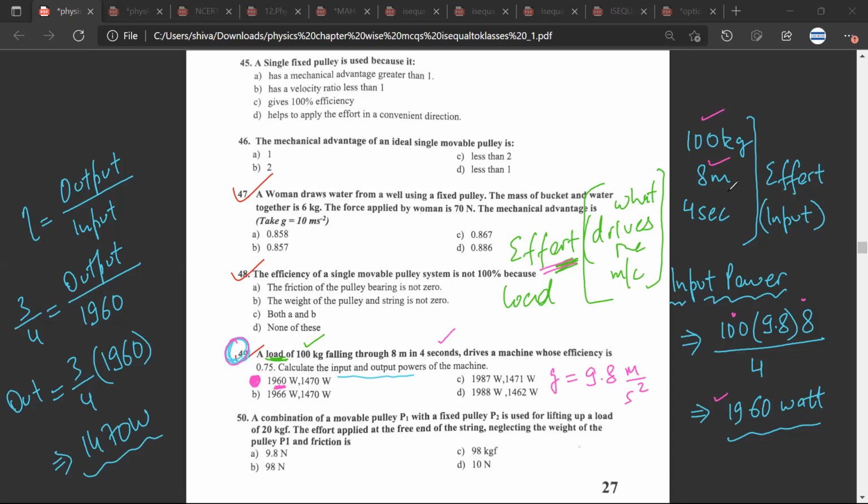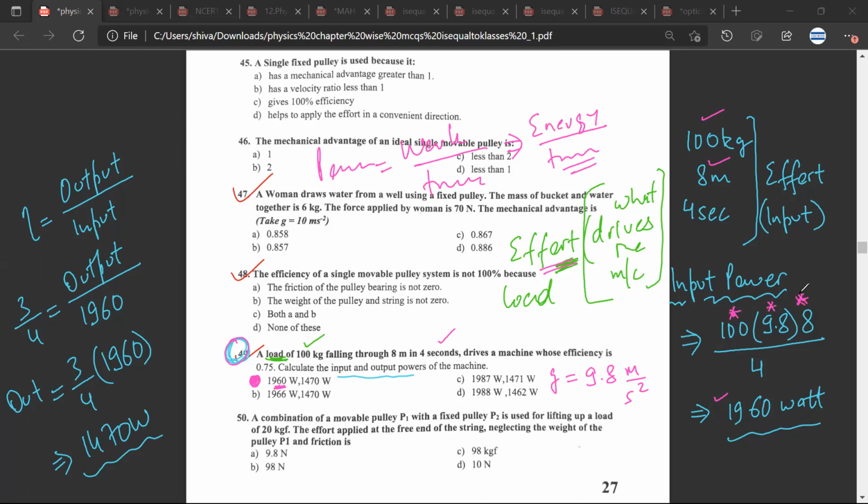Basically, power is equal to work upon time. How much work will this load be able to do? It will depend upon the energy that it is able to give. Mr. CB, do we understand this or not? Yes, sir. Another way of looking at this is the energy would actually be the potential energy, which will be given by mgh. Have you understood what I've said? Yes, sir. So this is m, this is g, this is h.